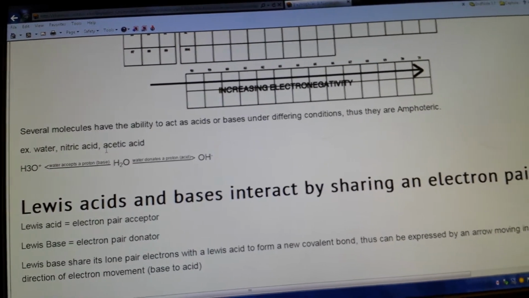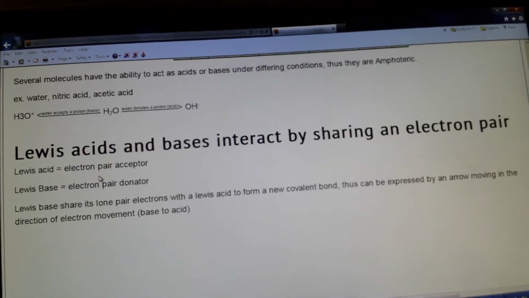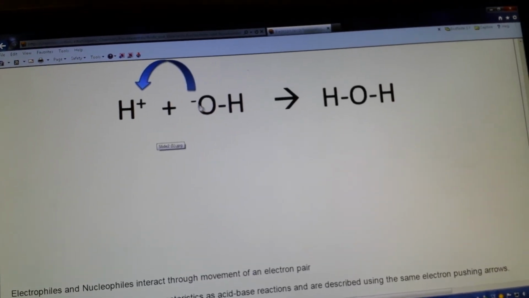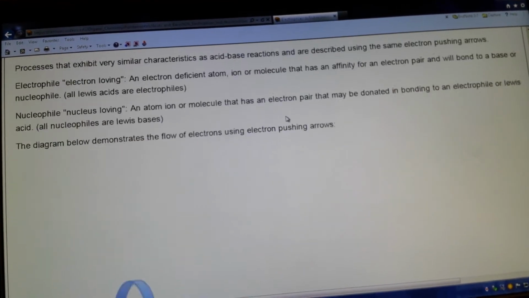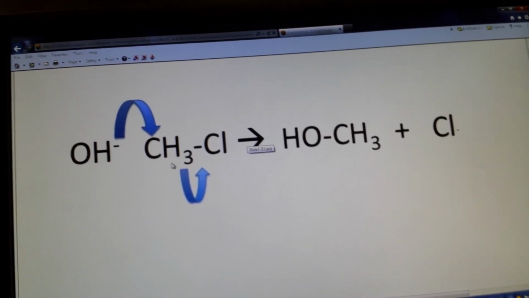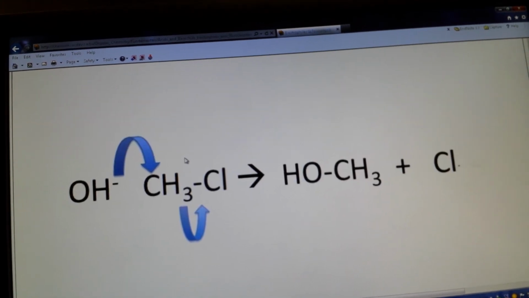Lewis acid-base interaction is by sharing an electron pair. So this is sharing of electron pairs, and you get water here. And you see the base is giving electrons to the methyl, and we're talking about here that